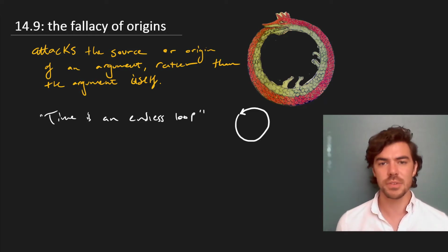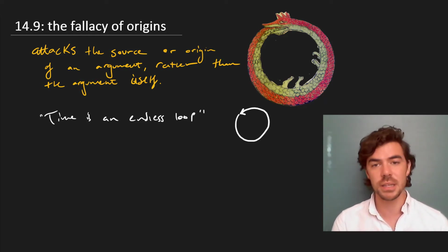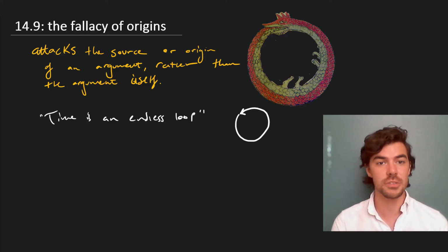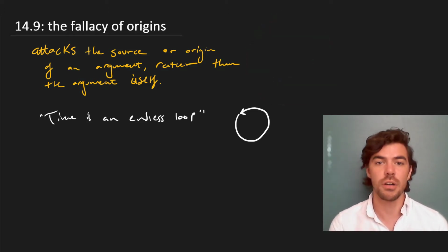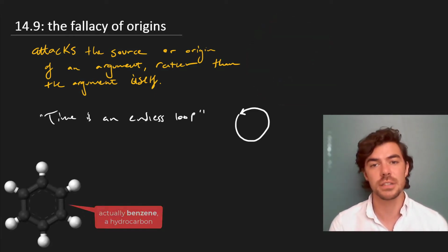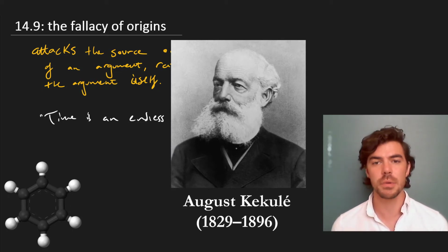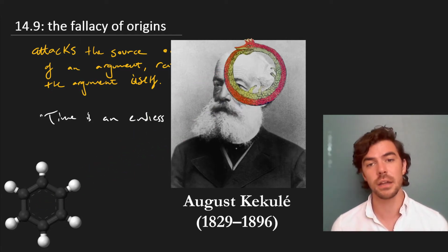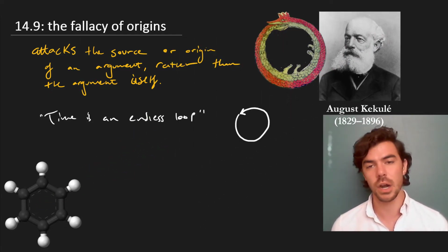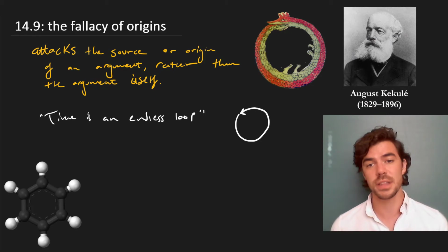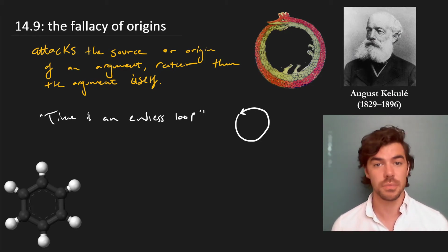This might seem like a bit of a silly example, but I've picked it specifically because of its applicability to the history of science. Carbon molecules are a ring, and the scientist who discovered this, Auguste Kekulé, came to the conclusion after having studied carbon for some time, had a dream in which he saw a snake eating its own tail, and said, oh, well, perhaps the carbon is a ring. The investigation subsequent to that turned out to prove him right.